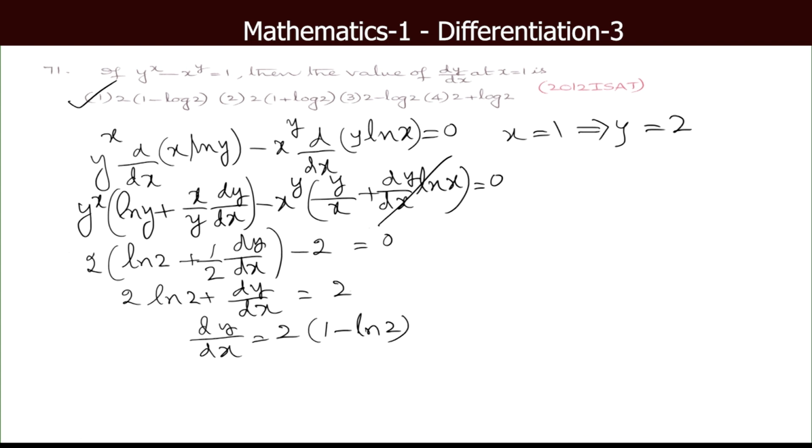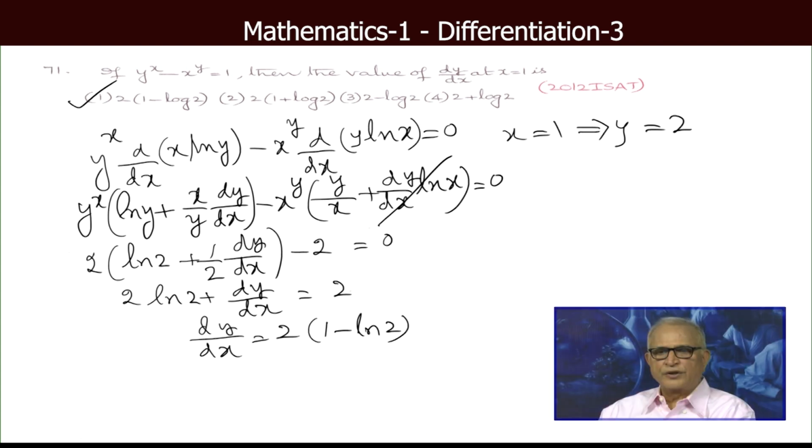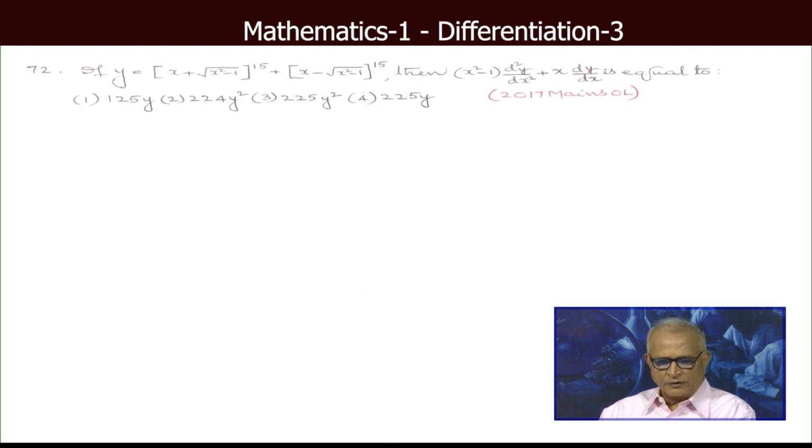ఓకే, ISAT అంటే ఇండియన్ ఇన్స్టిట్యూట్ ఆఫ్ స్పేస్ సైన్స్ అండ్ టెక్నాలజీ. నెక్స్ట్ 72. If y equal to x plus root of x square minus 1 whole power 15 plus x minus root of x square minus 1 whole power 15, what is this sum? x square minus 1 into d square y over dx square plus x dy dx. 2017 means online. So dy dx,